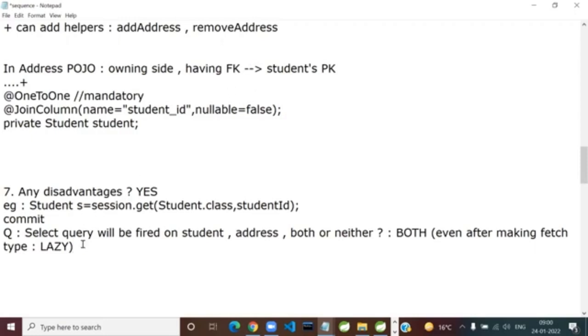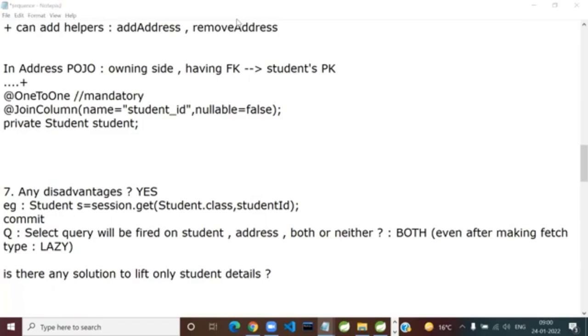Is there any solution? Otherwise the select query will be fired on both or neither. Is there any solution to lift only the student details, and the address only when required?